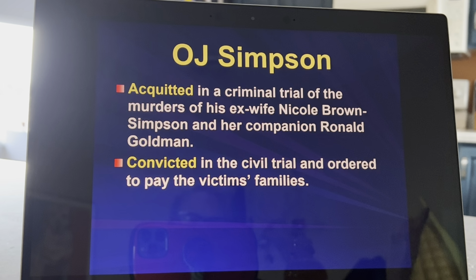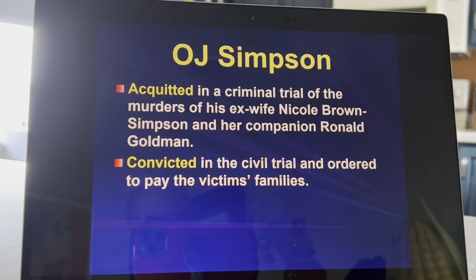Perfect example of this was the O.J. Simpson case, okay? And I was actually living in Buffalo at the time, going to graduate school, and O.J. Simpson was kind of the gold standard of a Buffalo Bill. His name was up on the stadium. He's in the Hall of Fame. And then he was accused of murdering his ex-wife, Nicole Brown Simpson. Just a complete circus of a criminal trial. It was the first trial nationally publicized where DNA evidence was admitted. And he ended up being acquitted, so found not guilty in the criminal trial.